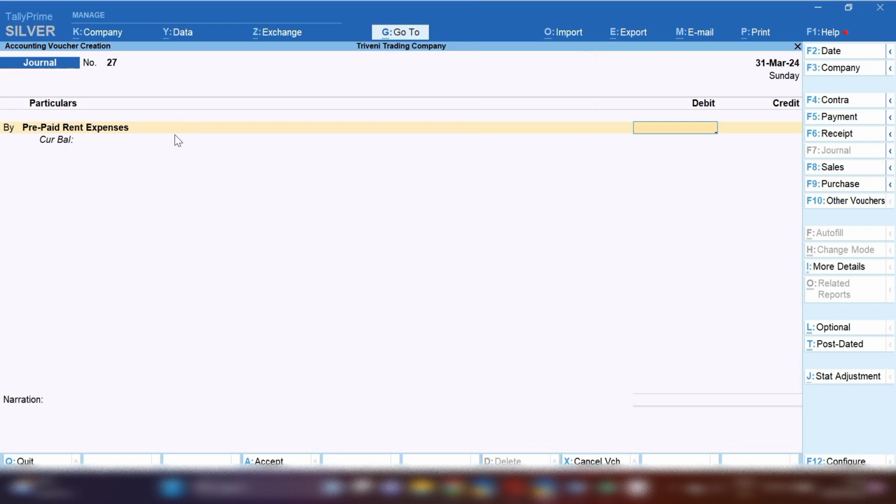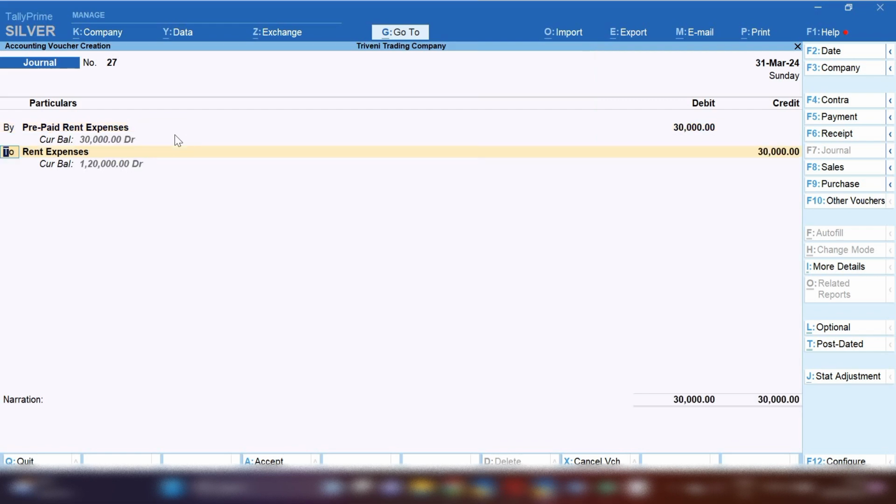So you have to select the same journal voucher and set the date of 31st March 24. Now here, in the adjusting entry, prepaid rent expenses will be debited with 30,000. This is the 3-month advance which we are showing in prepaid rent expenses, and rent expenses will be credited with 30,000 rupees. This is the adjustment entry to be passed before finalizing our balance sheet. In narration you can mark this is the adjustment entry, prepaid rent expenses for 3 months 30,000, and save